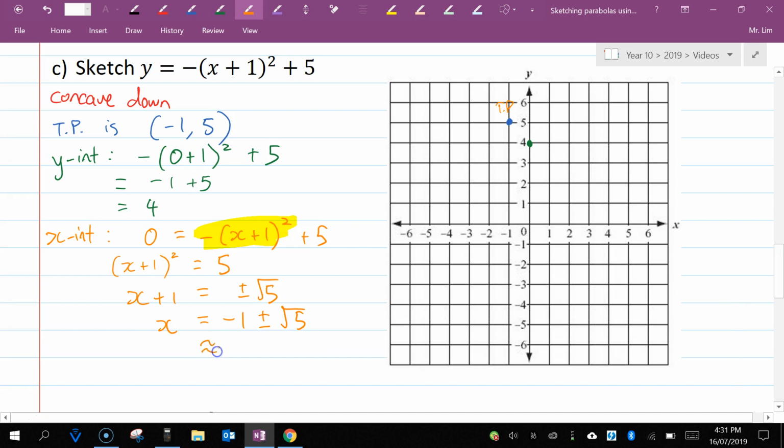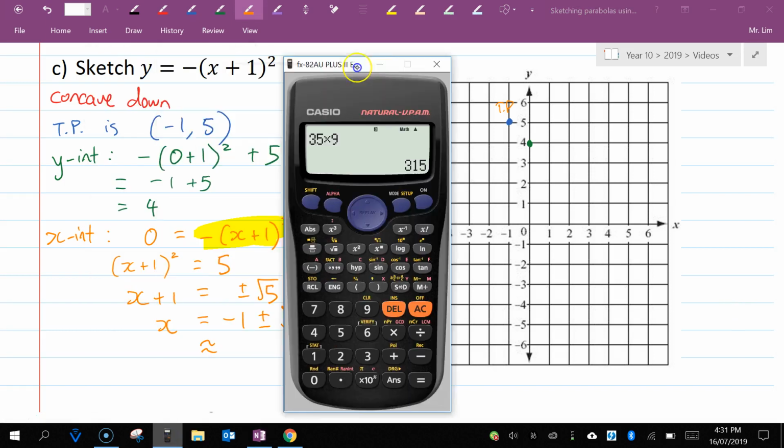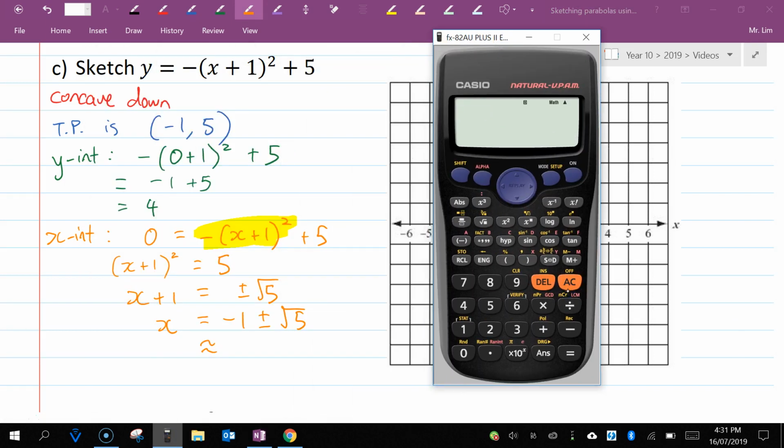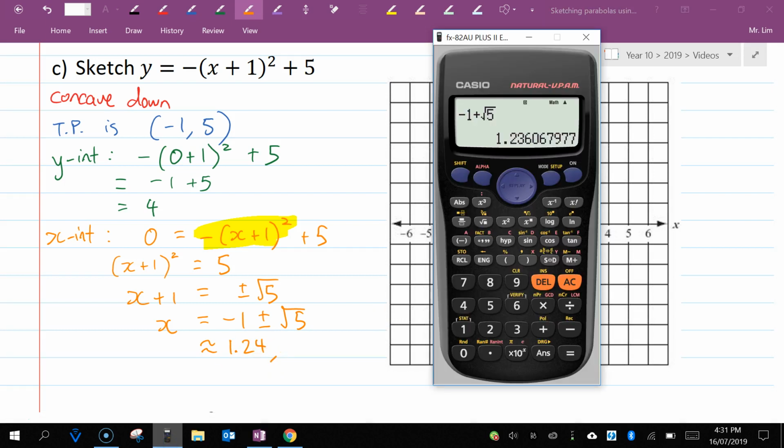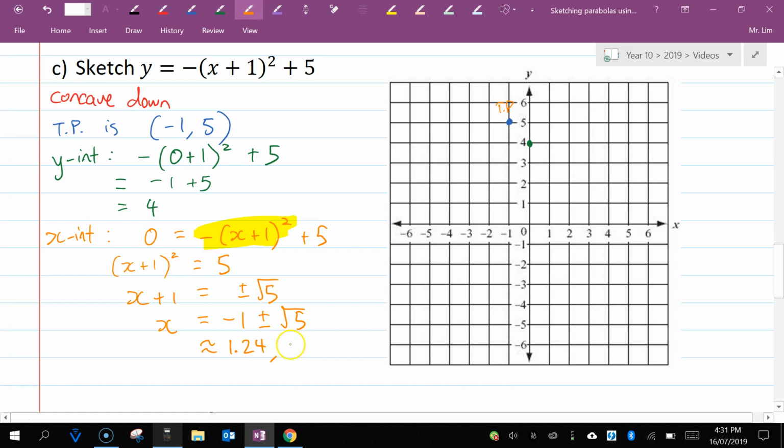Minus 1 plus root 5 is 1.24, and minus 1 minus root 5 is minus 3.24. So they're roughly about here